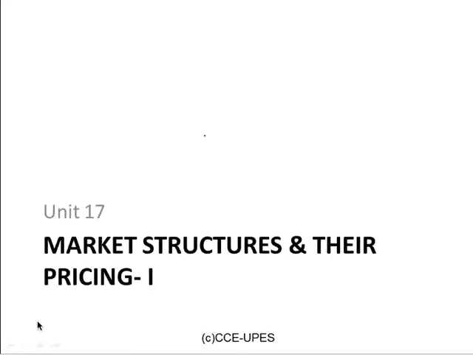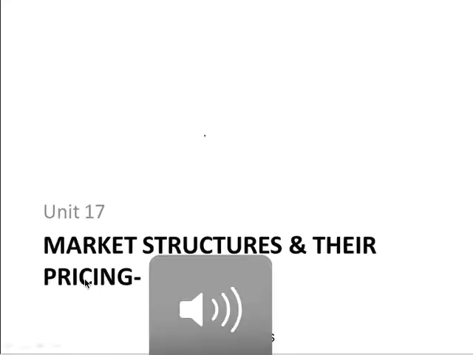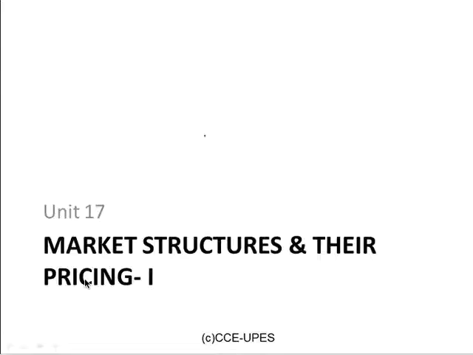On economic decisions. Today, in Unit 17, we shall look at the various types of market structure. Now, what is a market structure? A market is composed of three factors, that is, customers, cost of production, and the competition that the producer faces in the